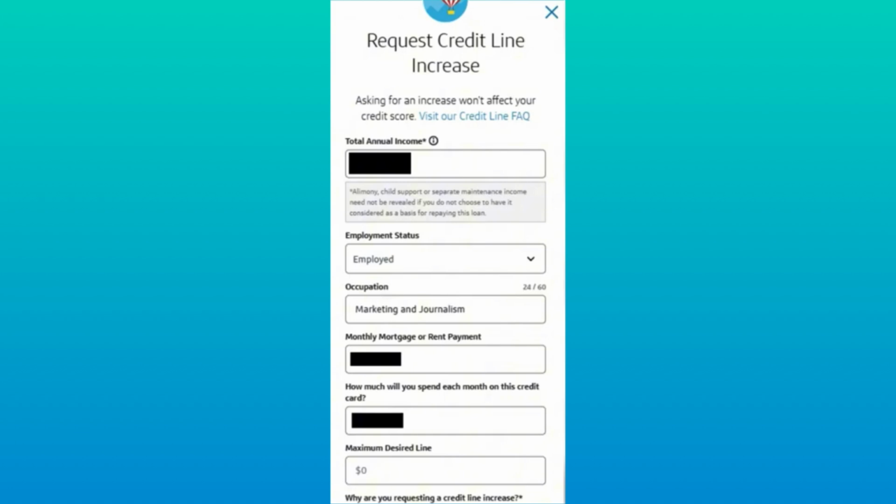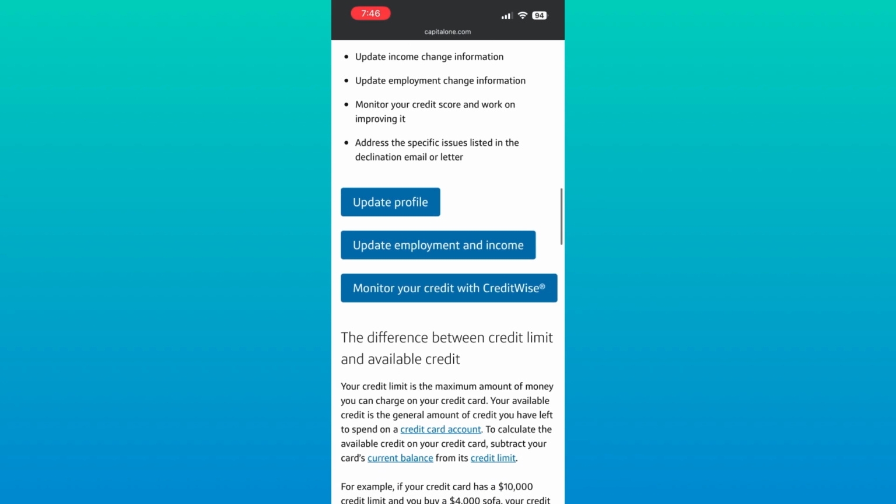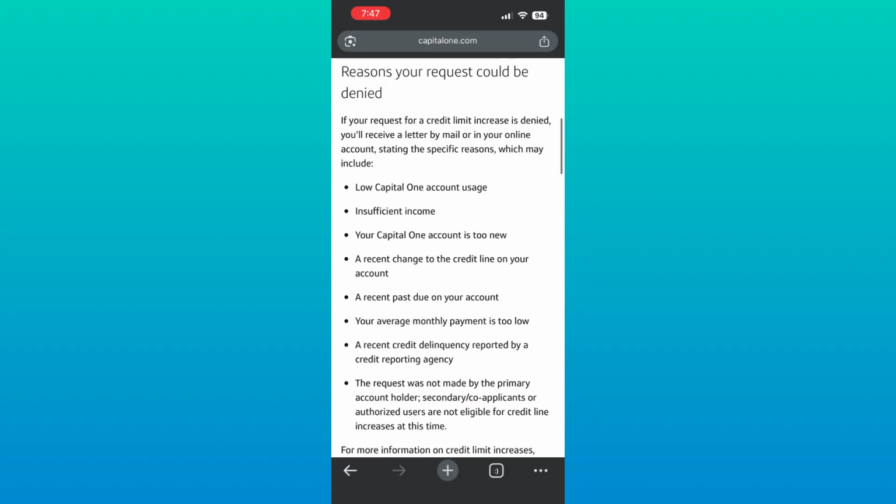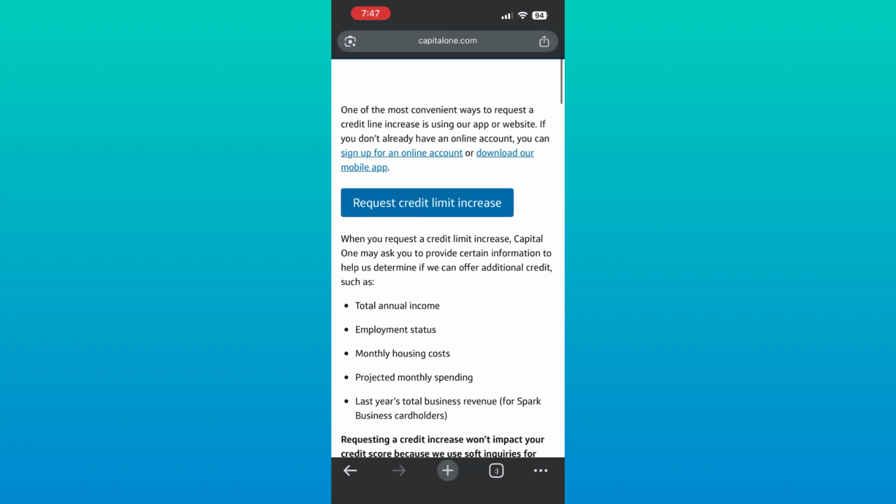A higher credit limit can give you more available credit and more flexibility when managing your expenses. For better chances of approval, always make payments on time and use your credit card